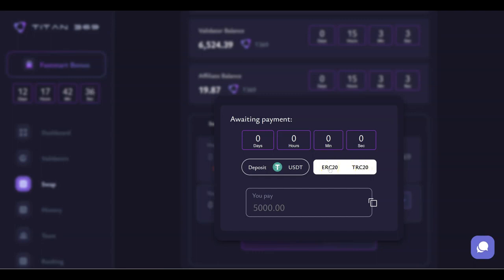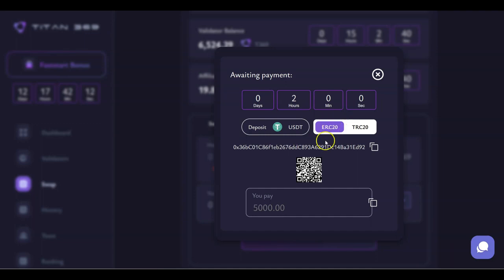So whatever network the USDT you want to deposit is on, you need to have a little Ethereum for your gas fees for the ERC20, and a little bit of Tron for the TRC20 USDT on the TRC20 network. Let's say that we're going to choose the ERC20 network. Then that QR code pops up, and there you go. You can just scan that QR code if you're doing it from your smartphone across your computer, or if you are on your smartphone, you can just copy it right here and put it in the to section